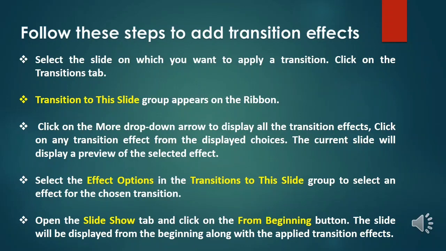Follow these steps to add transition effects. First, select the slide on which you want to apply a transition. Click on the Transitions tab. Second, in the Transition to This Slide group